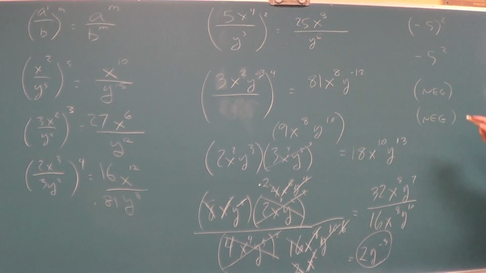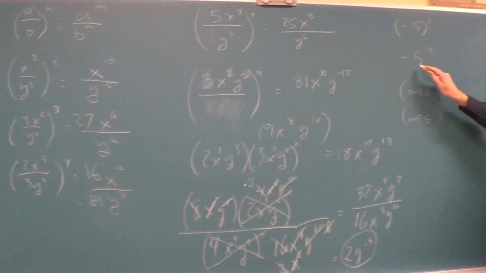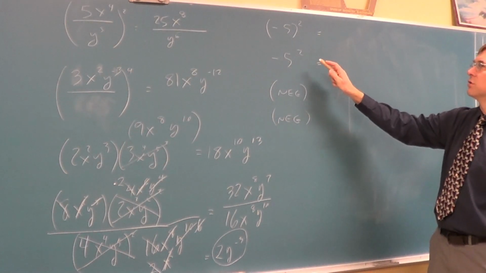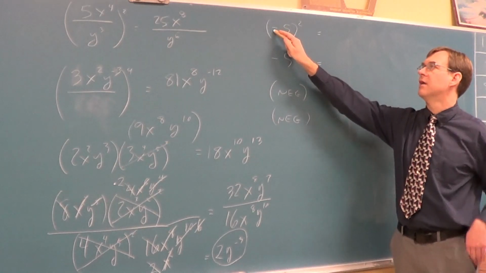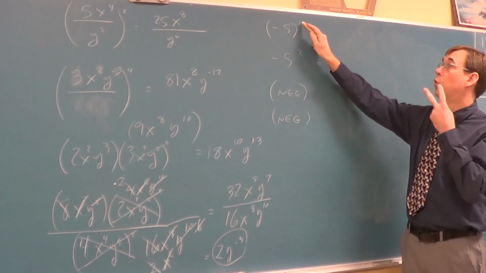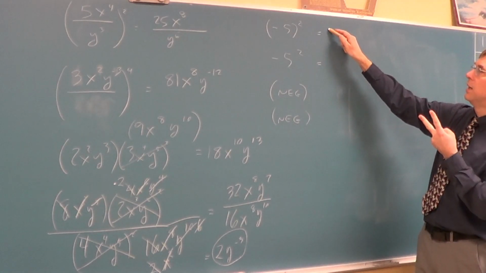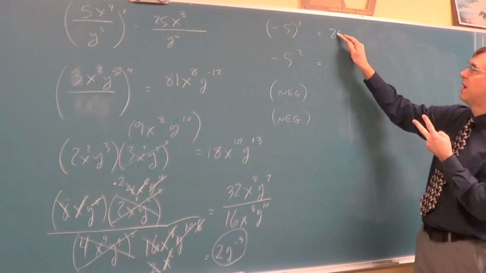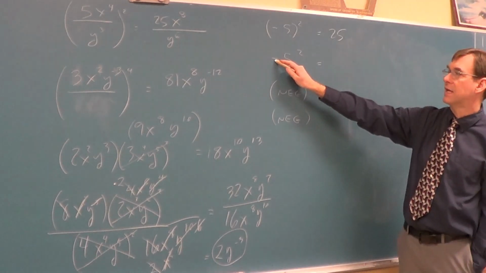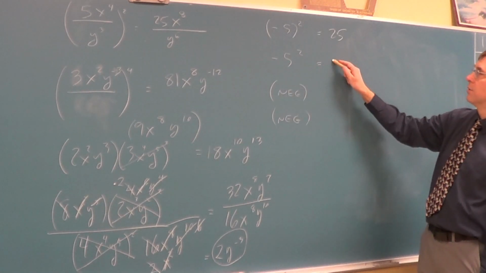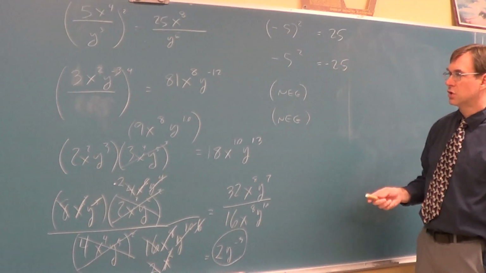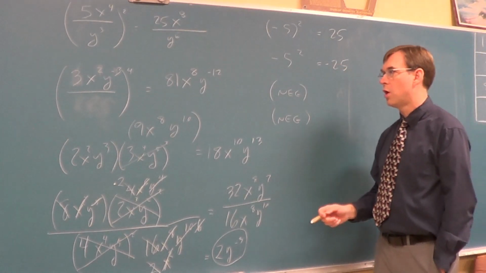Last tidbit. If I do this versus this, are those the same thing or different things? Different. This negative is getting counted how many times? Twice. So this answer would be 25. Negative or positive? Positive. This negative gets counted once. So this would still be 25, but negative. So if I scroll back over to these problems,